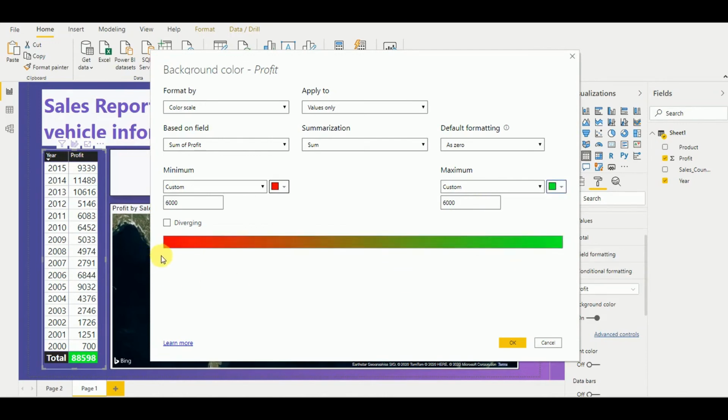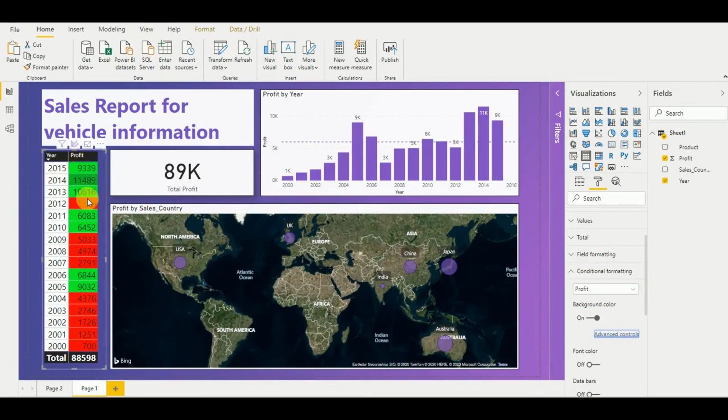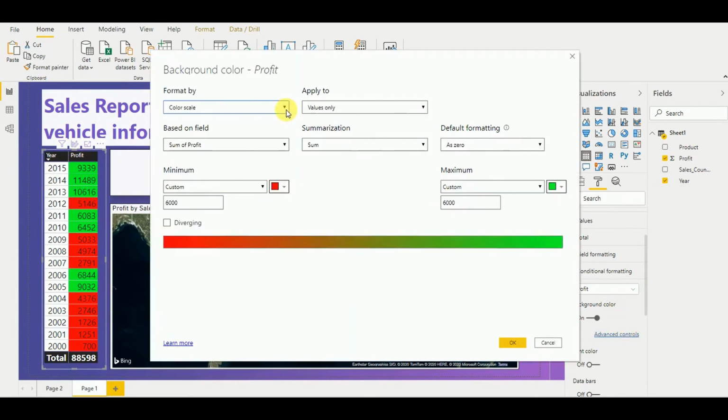The color scale would diverge from red to green, but since we have given the same value, it gives only very clear-cut colors for our table. As you can see, the desired output is achieved using that method as well. But the more preferred way is to use rules, because rules are built for that purpose. So these are the two methods we can use for conditional formatting in Power BI. There are some other ways as well. We can use field value, etc.